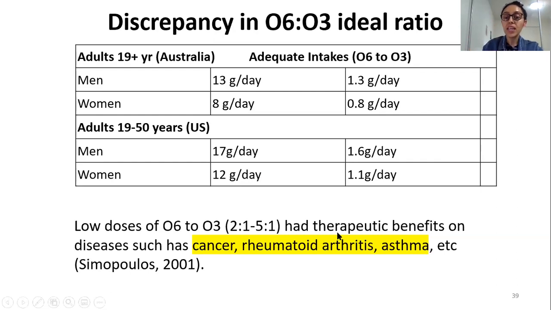implemented as such. But yes, on a one-to-one level, say in a clinical setting, you may see benefits, okay, by modulating the ratios of omega-6 to omega-3 for an individually catered patient case. All right, so yes, and of course it has shown benefits for cancer, rheumatoid arthritis, asthma. If you see, all of these conditions are again underlying inflammatory conditions, and omega-3 has a big role as an anti-inflammatory agent, and therefore the logic sits well, okay, as to why they are recommending a narrower ratio of omega-6 to omega-3, because omega-3 as an anti-inflammatory agent can support management of these conditions. All right.